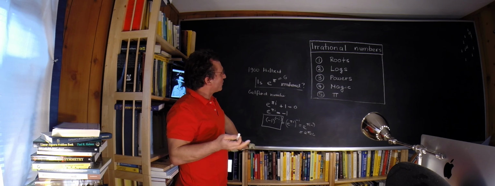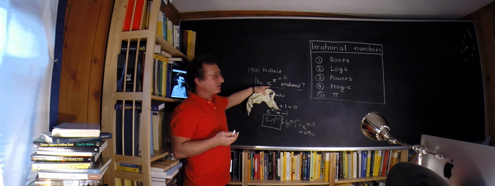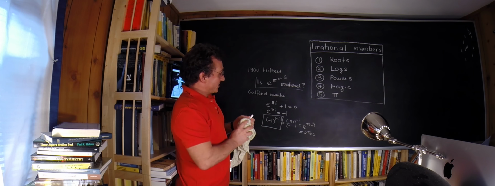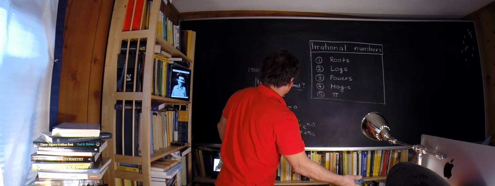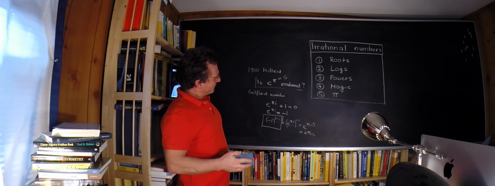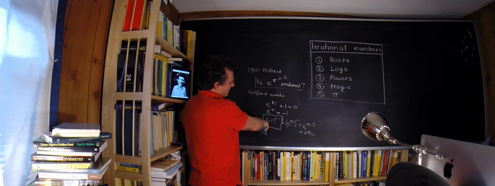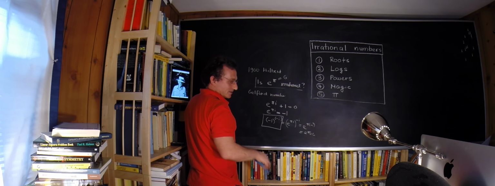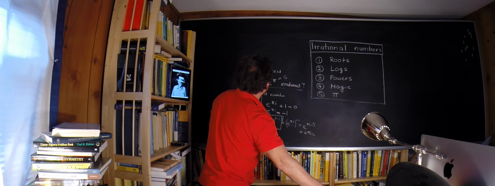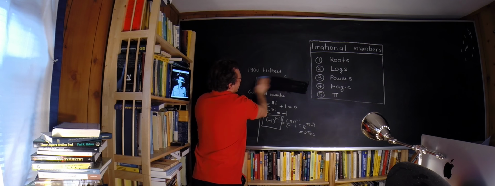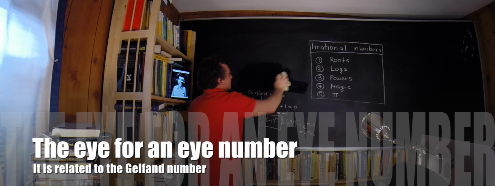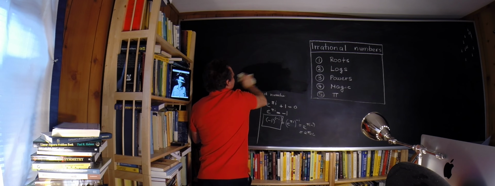It would go too far to prove that this is irrational. It was one of Hilbert's problems, the seventh, which is an indication that it's a difficult thing. But let's look at something else which is related to this. So remember, -1 to the minus i is equal to the Gelfond number. Let me leave this here and look at another number, which I call the i for an i number, my favorite number.